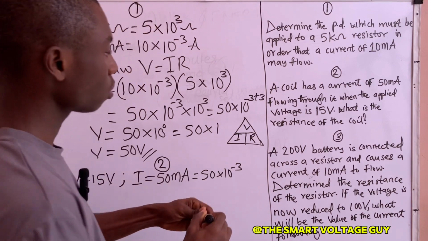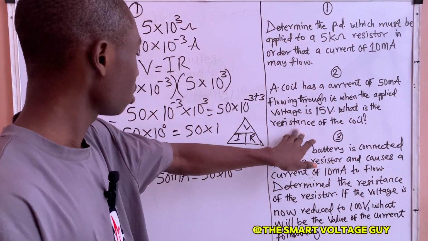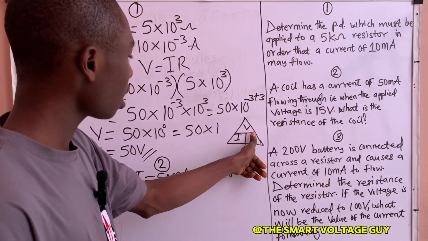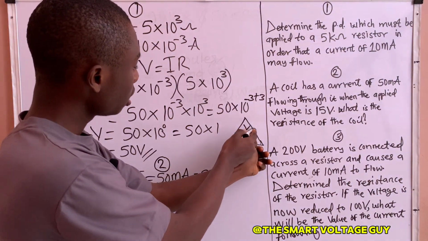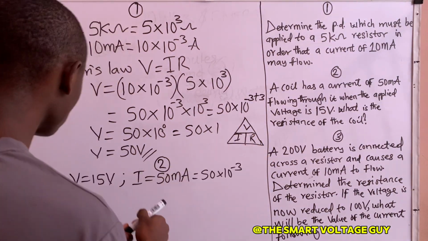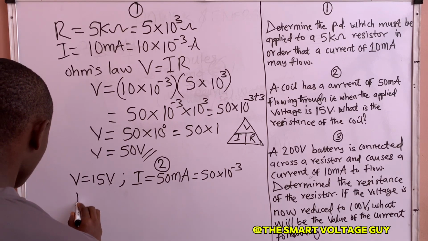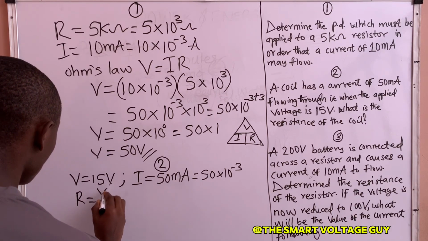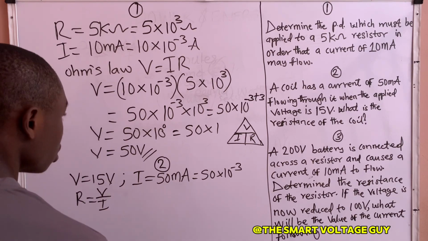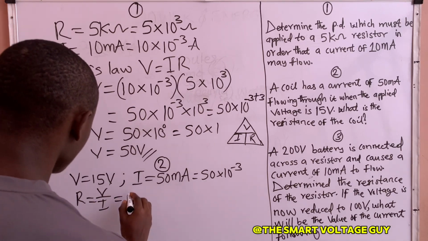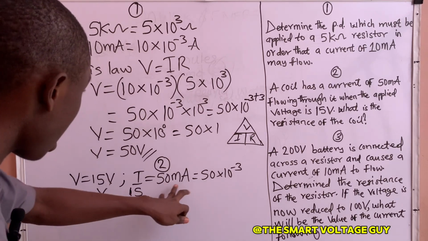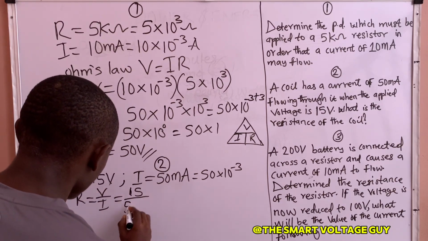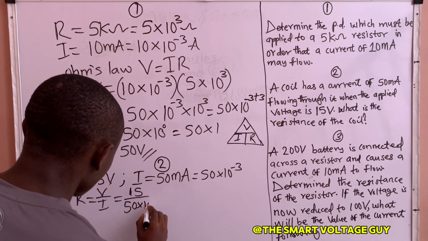So now that we are told to determine the value of resistance, we will cover the value of R, which is resistance. We are saying that V is divided by I. So therefore, the value of resistance R will be equal to V over I. So therefore, the value of V is 15 volts over I, which is 50 times 10 raised to power